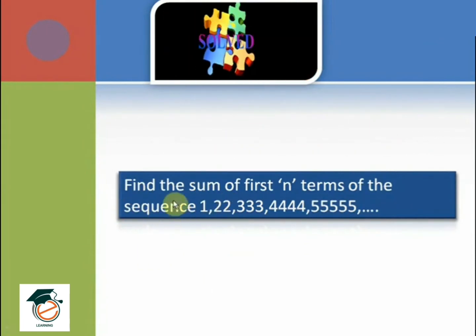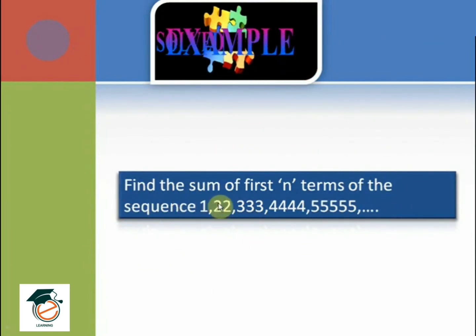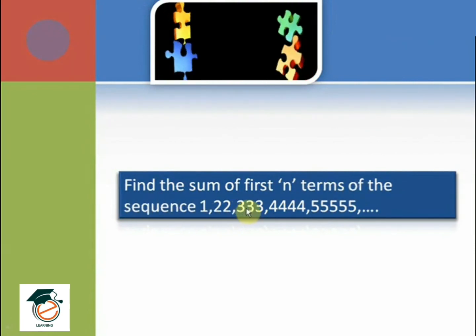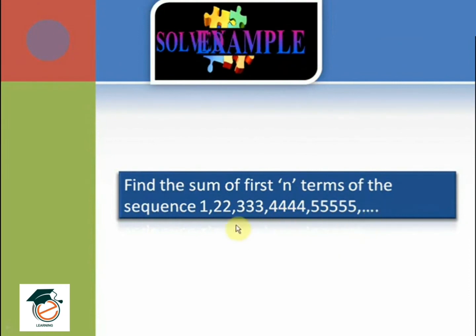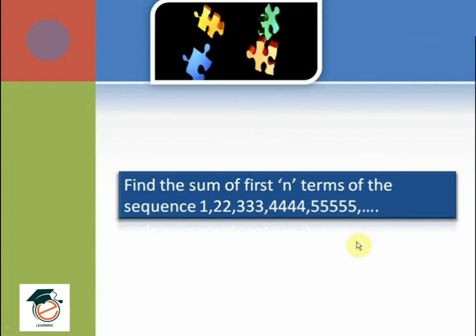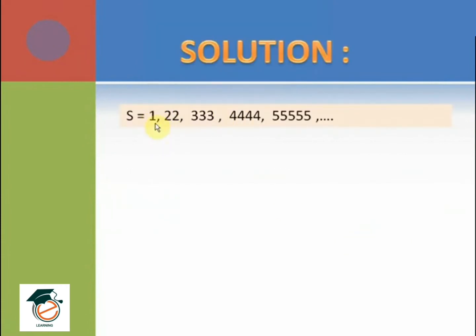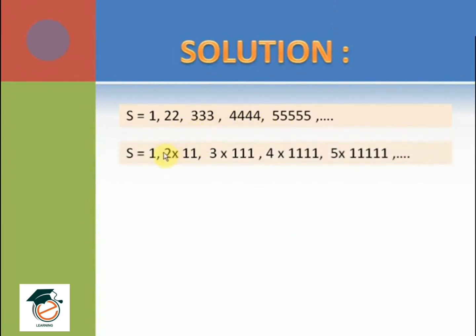Now based on this, let's try to solve an example. Find the sum of first n terms of the sequence 1, 22, 333, 4444 and so on. That is 1, 2 2, 3 3 3, 4 4 4 4 and so on. So we can write this as 1, 2 into 11, 3 into 111, 4 into 1111,